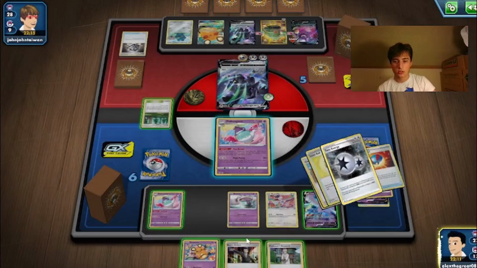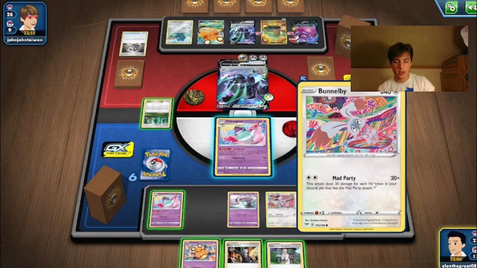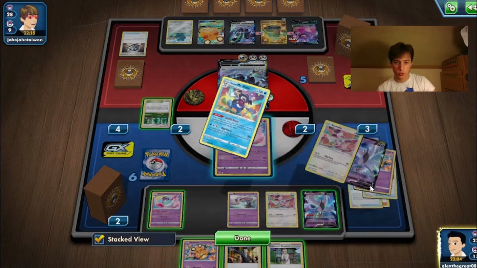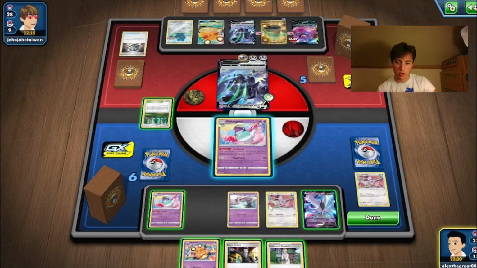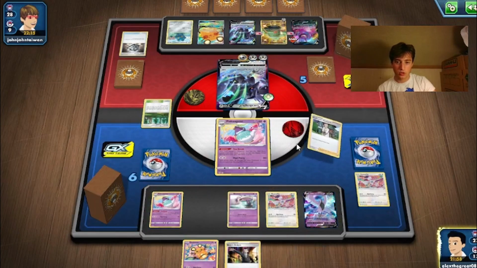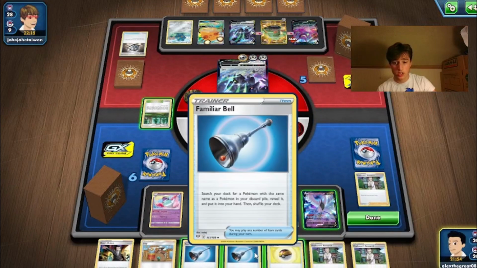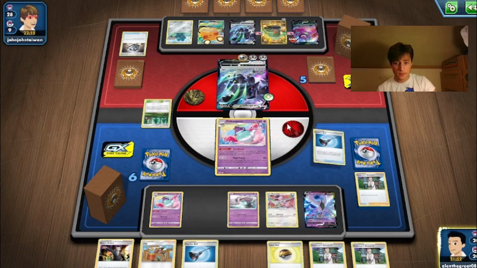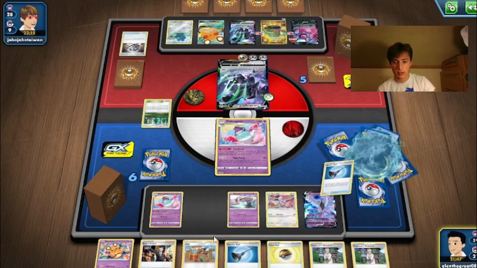180. No, we're hitting for 160. It'd be 180 if we discard that, right? We discard 2 more, which would probably ideally be the other Dedenne and maybe a Bunnelby. I think we'd be great if we could get the knockout here and discard all their energy, and I think that'll do it. So we can Familiar Bell for that, and then we can probably just,